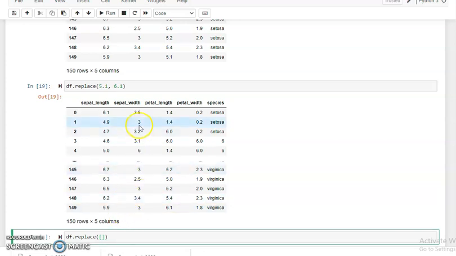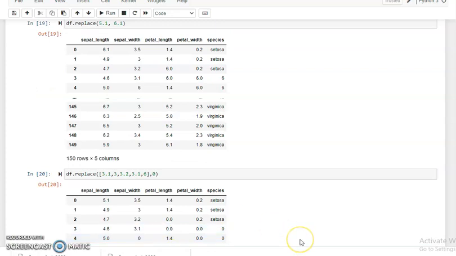Suppose we need to change the sepal width values 3.1, 3, 3.2, 3.1, 3.5 and 6. We replace all these values by 0. So we write 0 and then simply run this function.